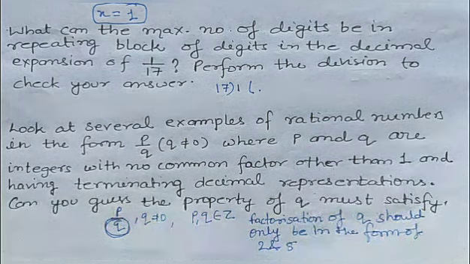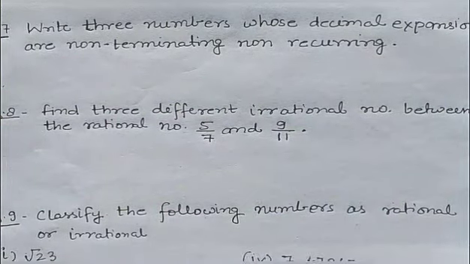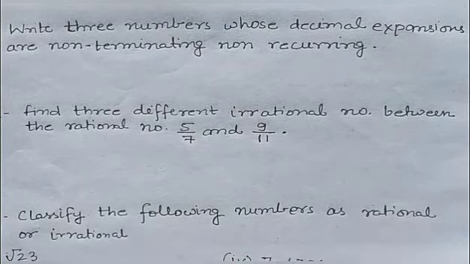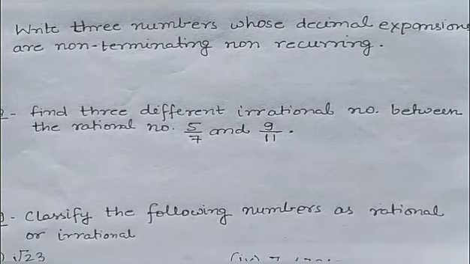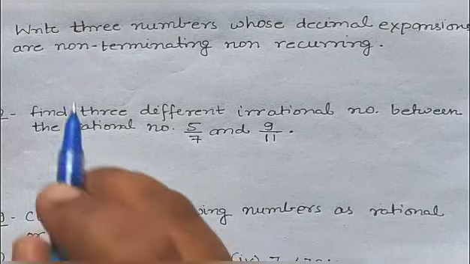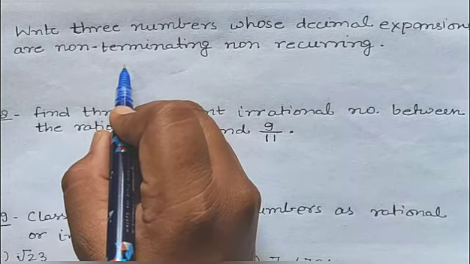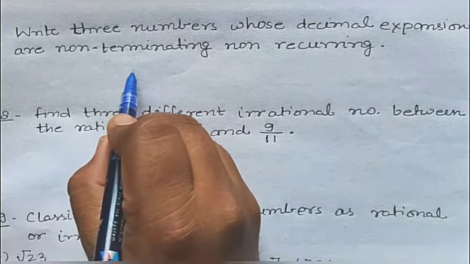Now coming to the next question. Question number 7 is, write 3 numbers whose decimal expansions are non-terminating, non-recurring. We have to write 3 numbers whose decimal expansions are non-terminating or non-recurring. I have told you the idea of how you can write such numbers. Just write,